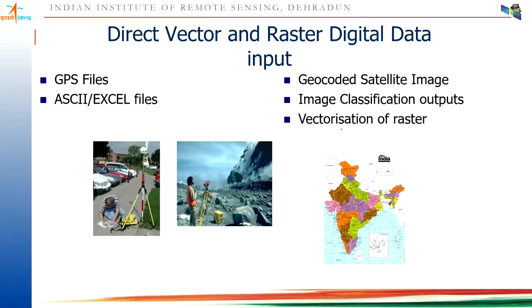So far we discussed how we can digitize if it is a map. Now another kind of source is direct vector sources, meaning you have points, lines, polygons coming from an Excel sheet or ASCII file or GPS files which are directly giving points, so they can be directly imported. You have a satellite image which is already geocoded, so no further geocoding is required and you can directly import it, right? And there is the output of image classification as we discussed. You classify each image with some pixels, then there is an option for raster to vector conversion where you can convert each class's boundary into a polygon, and after vectorization that can be input into GIS.